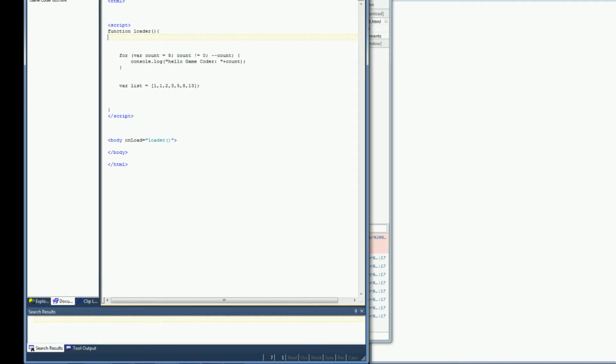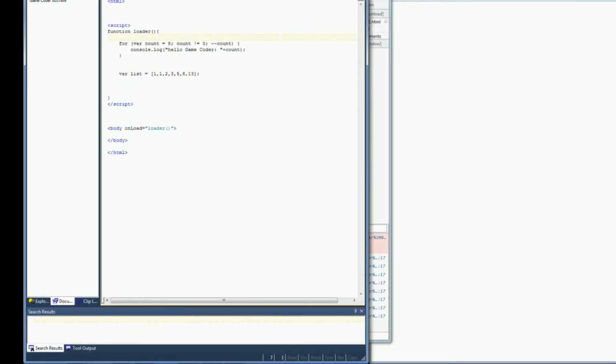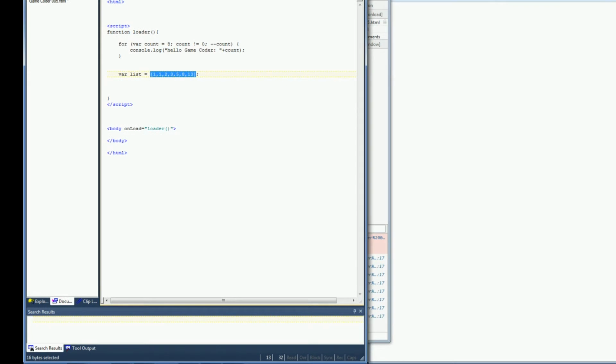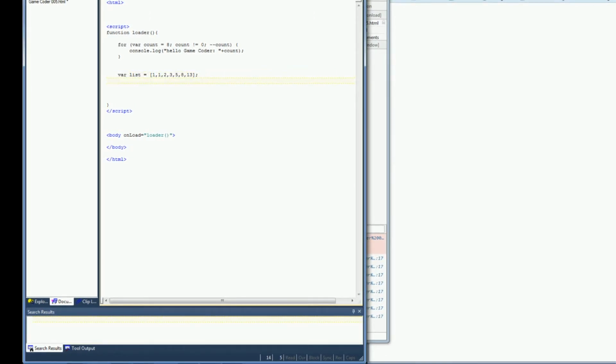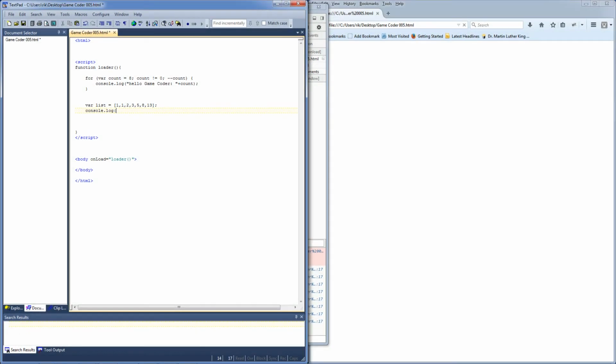This is a new thing, but this is what we call an array. You can call it an array or a list, but this with the square brackets is what we call an array in coding, and I've assigned that list of values to a variable called list. So just to show that list does actually hold all those values, which is a bit of a tricky thing to get your head around,